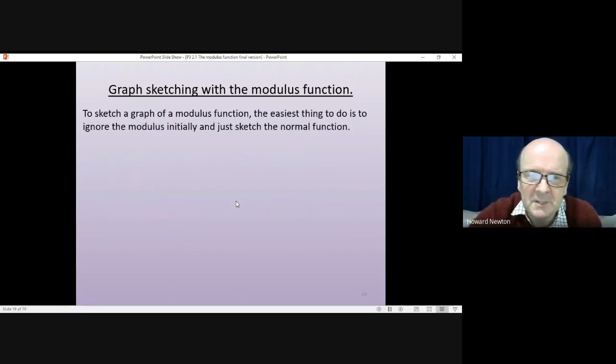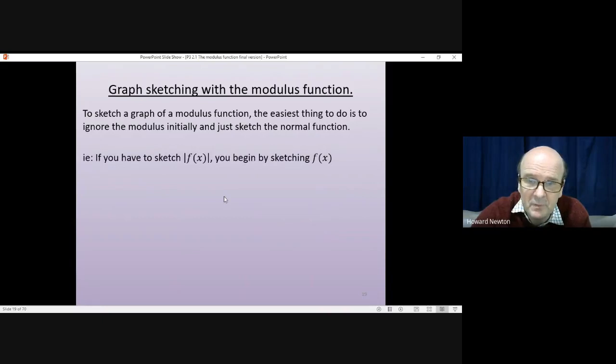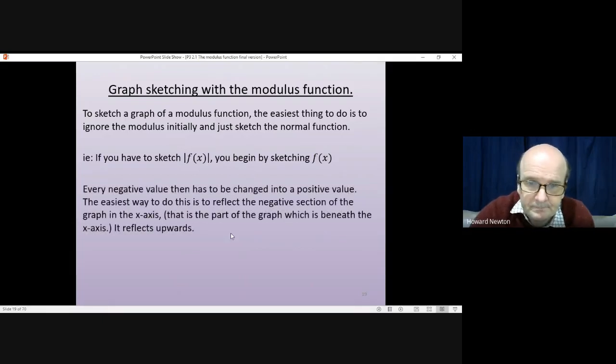probably find most confusing. To sketch a graph of a modulus function, the easiest thing to do is to ignore the modulus initially and just sketch the normal function. So if you have to sketch some function f of x, ignore the modulus, just sketch f of x to begin with. Every negative value then has to be changed into a positive value in order to make it into the modulus function. The easiest way to do this is to reflect the negative section of the graph in the x-axis. So the x-axis is acting as the mirror, and the part of the graph which is beneath the x-axis,